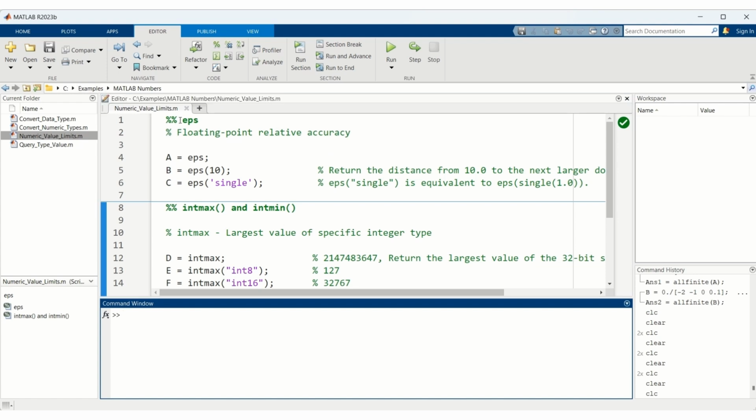Here are some examples I already have created. We have seen the different functions like eps, intmax, intmin, and so on. Out of that, I just picked a few functions. Let's start with eps. When you call eps,